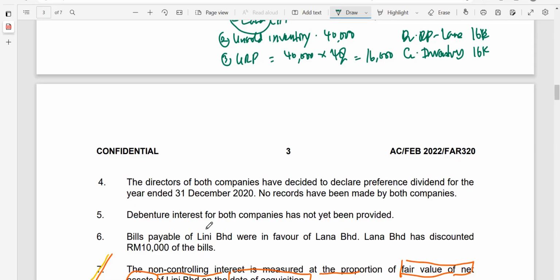I repeat, the third situation is that the subsidiary has recorded but the parent has not recorded the debenture interest and dividend. So here you have number 4, directors of both companies have decided, so this is just being decided,